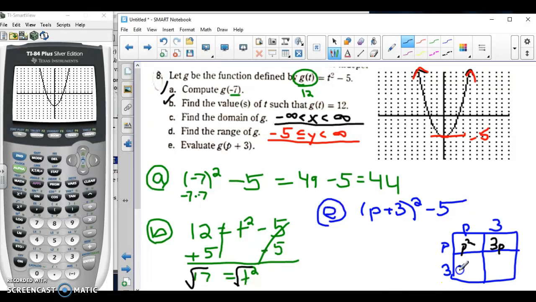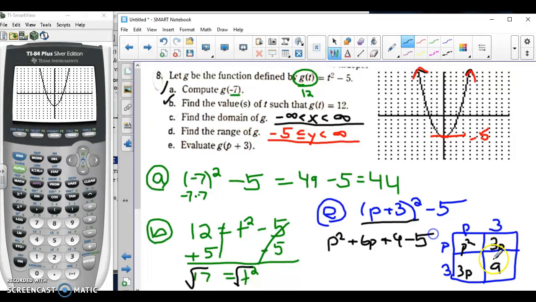3 times p here is 3p. And then this is 9. So this part right here becomes p squared. Okay, plus, now 3 and 3 together, we add those together, makes 6p plus 9